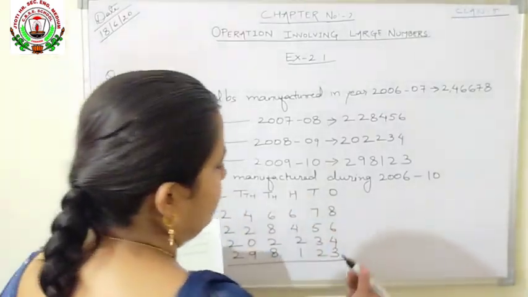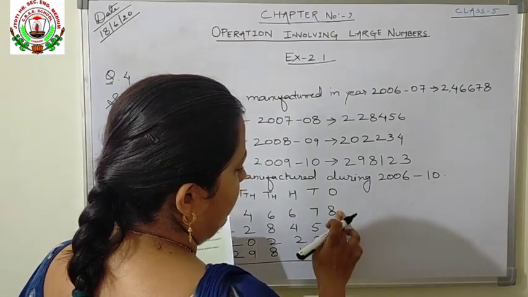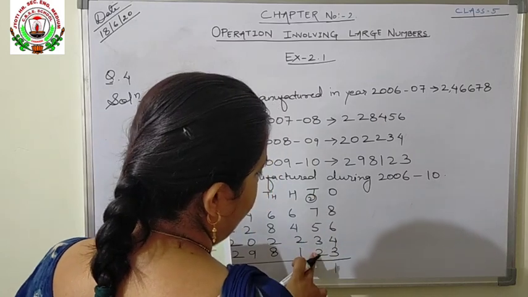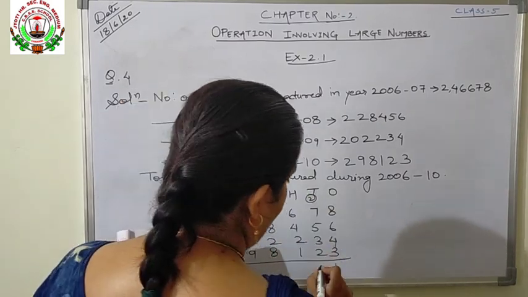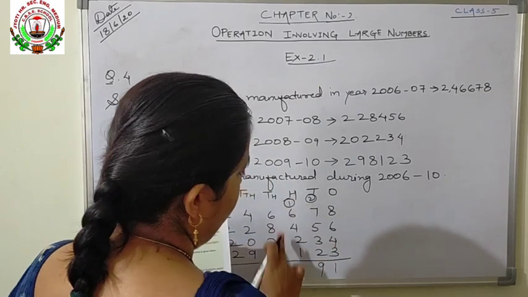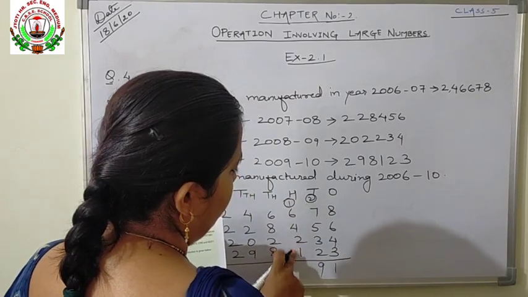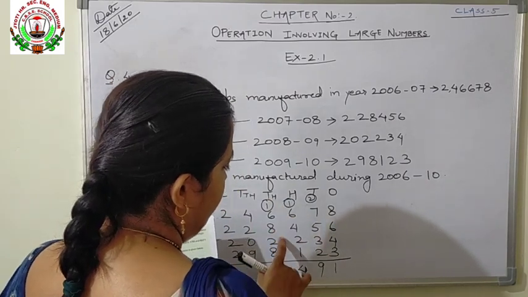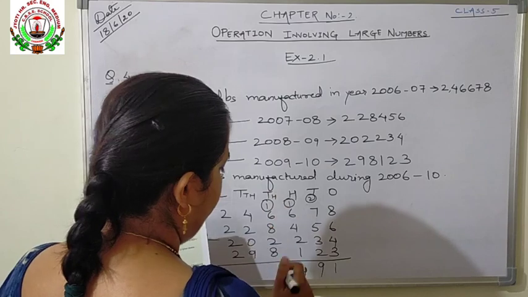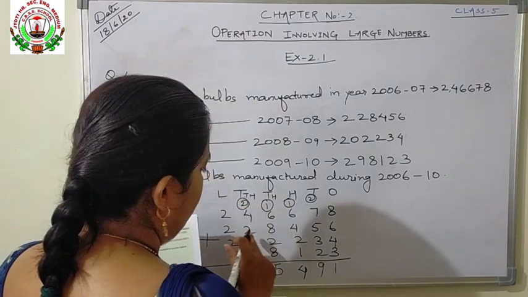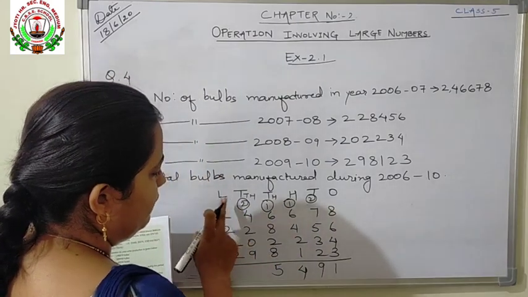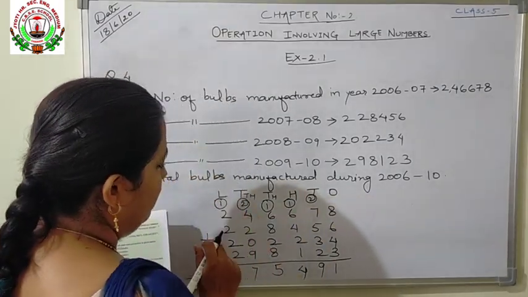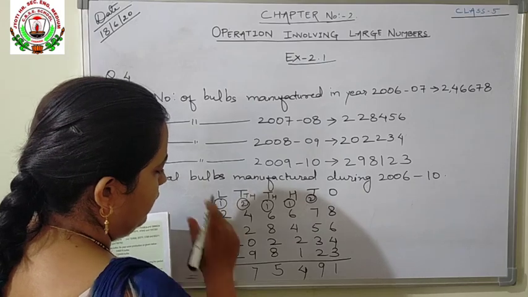Okay, let's add this. 6 plus 4 is 10, 10 plus 8 is 18, 19, 20, 21. 1, carry 2. 5 plus 5, 10, 17, 18, 19. 9, carry 1. 6 plus 4, 10, 12, 13, 14. 4, carry 1. 8, 8, 16, 17, 18, 19, 20, 25. 5, carry 2. 4, 6, 7, 4, 5, 6, 7, 8, 8 plus 9 is 17. 7, carry 1, 2, 4, 5, 6, 7, 8, 9.